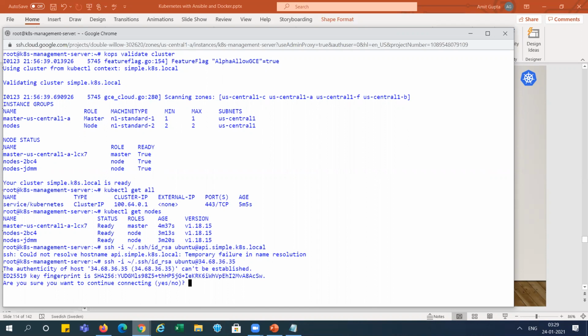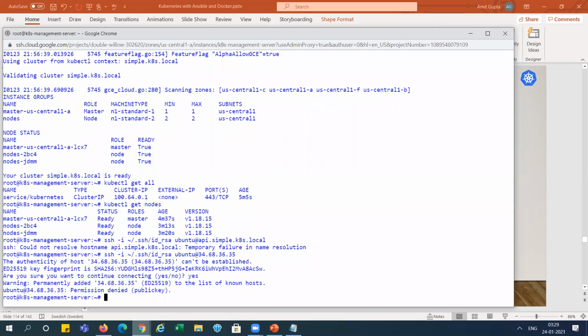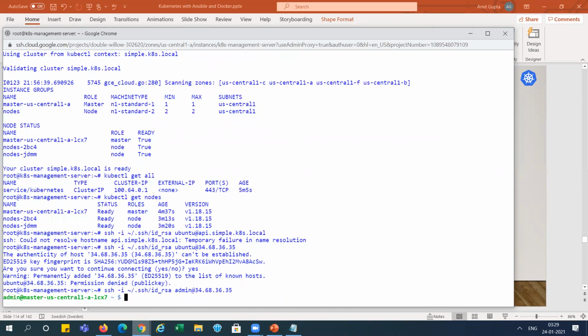See, it is showing something, permission denied, right? So here you have used the Ubuntu user. Let me use the admin one. I think, which user it is there. Let me check.